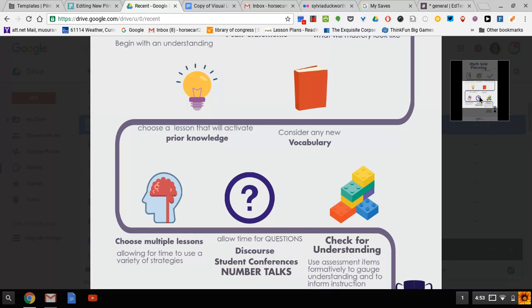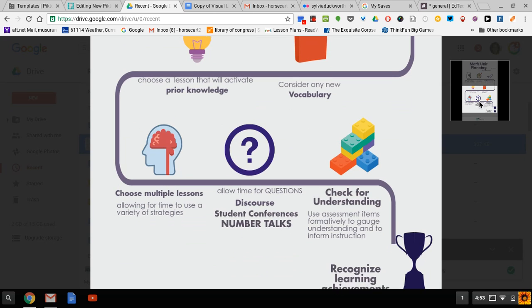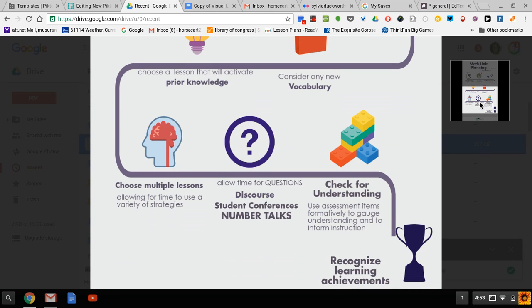and choosing something knowledge. So based on the underpinnings of the standard, what's something that will help engage the students without introducing new material and just related material. And then beyond that, being able to choose multiple lessons that allow for time for variety of strategies, for discourse, for student conferencing, for the students to interact with the material multiple times in order to make sure that they